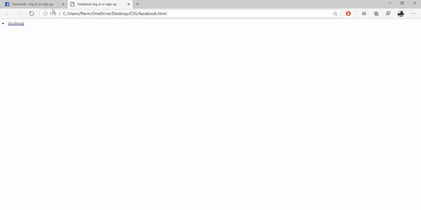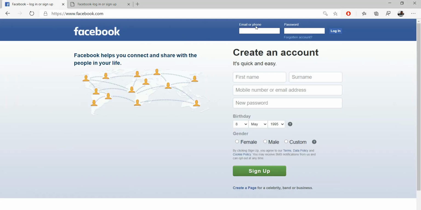If we see over here, it's email or phone, then a text box, then password, then a text box, then a link, forgotten account, and in the last we have a button.